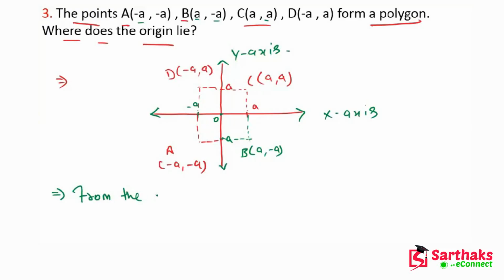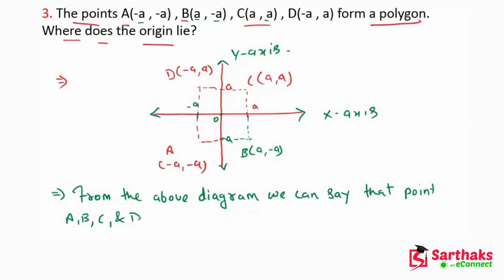This means we can say that from the above diagram or graph, points A, B, C and D form a square A, B, C, D. Okay, so now my dear friends, if we draw the diagonals,